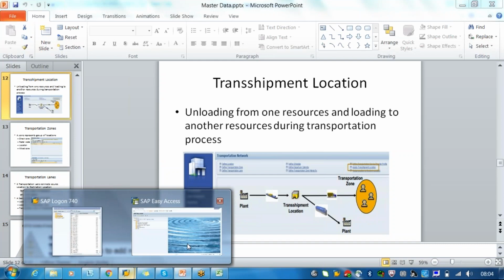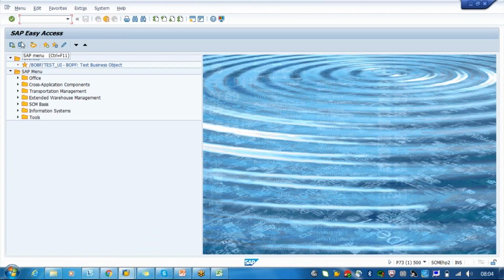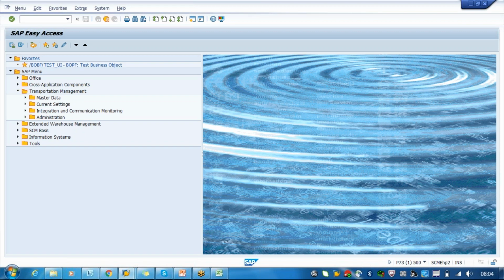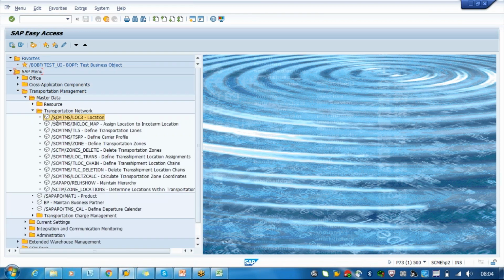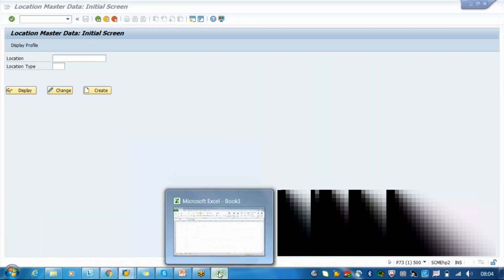As I said, locations can be created from the TM system, the GUI, and also from the NWBC. If you want to create it from the GUI, you can go to master data, transportation network, and location. Before we go with that location creation, what is the purpose of this location?